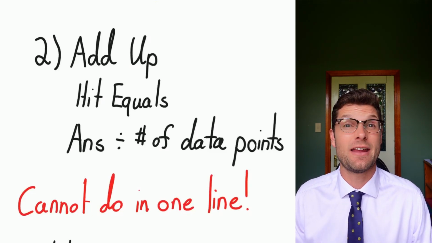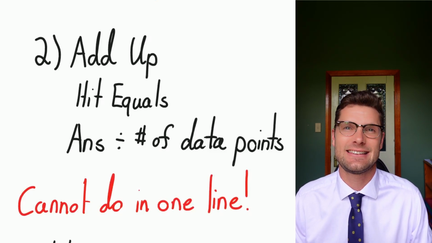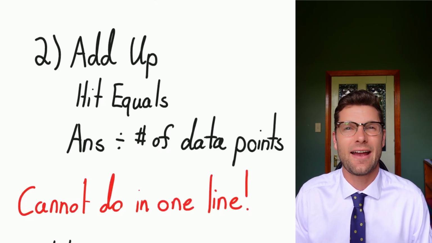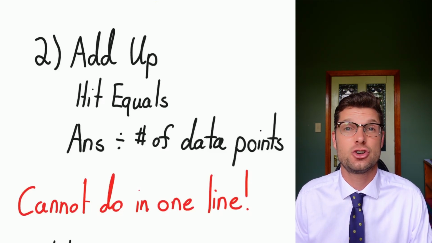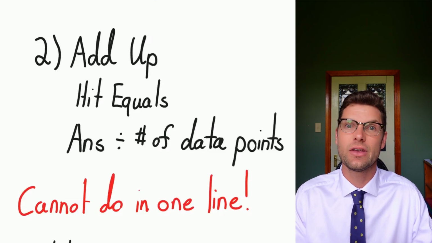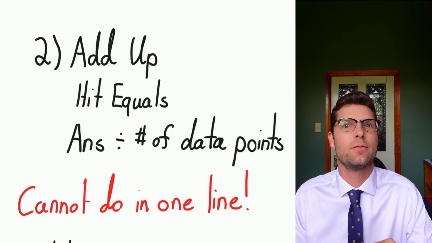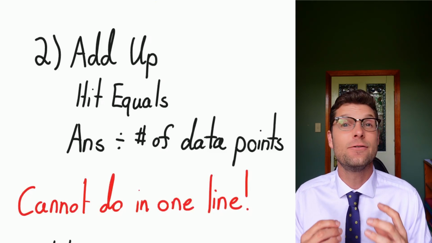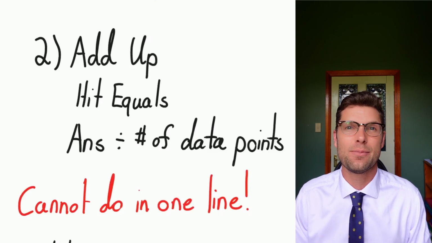The reason that I recommend using the fractions is that it's really, really easy to make a mistake in this second go. Some people don't like having the fraction, they like to just have it all in one line, which I totally get, but you've got to make sure that you hit equals, a number comes up, the total, and then you do answer divided by the number of scores. If you do it in one line, you're definitely going to get it wrong. And we're just going to see an example of that right now.